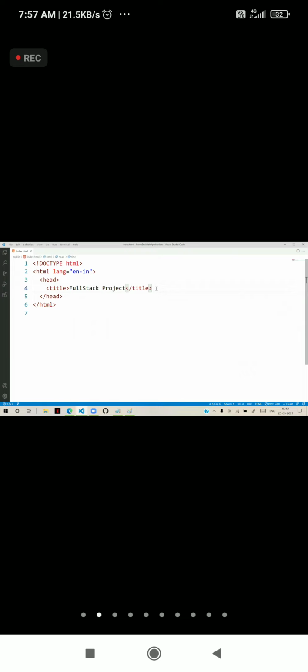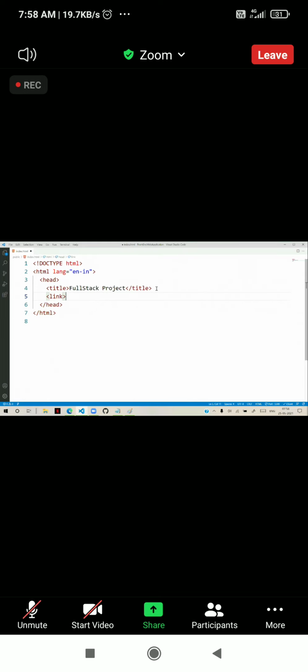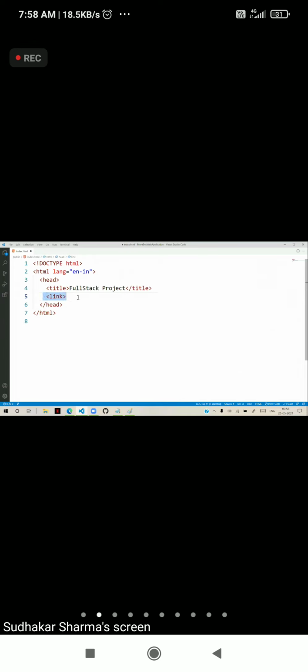You have another important element in the head section, that is link. Actually, link is used to link external files to your web page. It is used to link external files, CSS and other files, which you will learn later. External files can be a CSS file or shortcut icons, which we call favorite icons. I will show you how to create a favorite icon. So link is used to link favorite icons, style sheets like that.